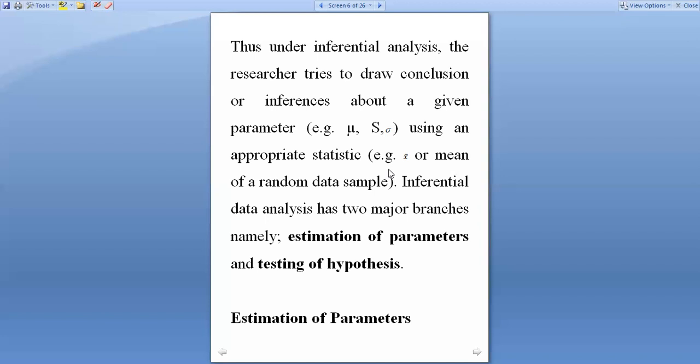So that is how we come to inferential analysis. At this very point, we would want you to also note that inferential analysis has got